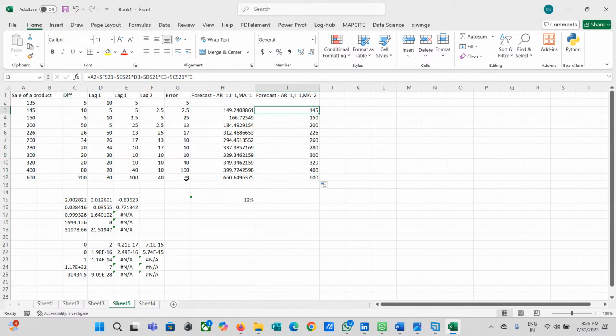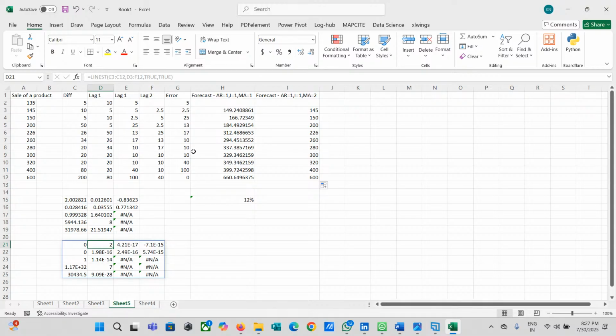So what are you getting? There is no difference between the forecast and the sales; we're getting exact values over here. The reason we're getting this is because the first variable, the intercept, is almost equal to 0. The second, the lag 1 coefficient, is almost equal to 0. The lag 2 of error is also close to 0. Only the lag 1 of error is showing, so this is showing a MA1 model. It's purely an MA1 model. That's why we're getting this, right?